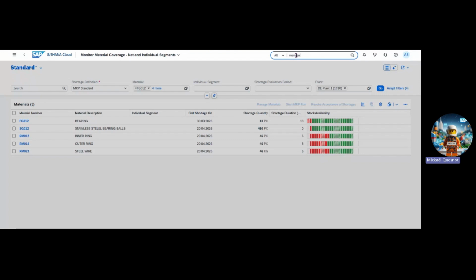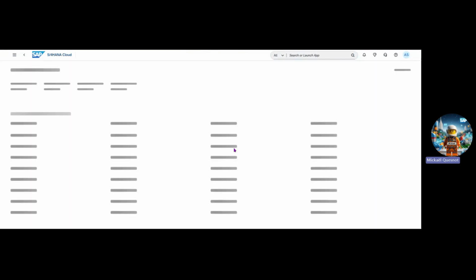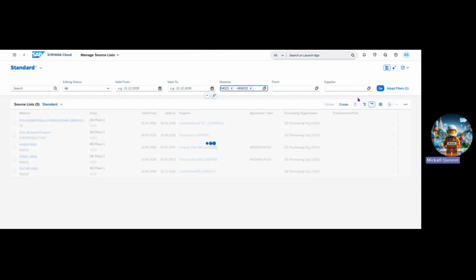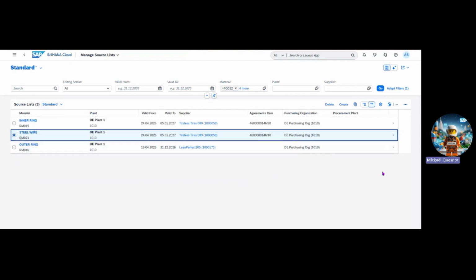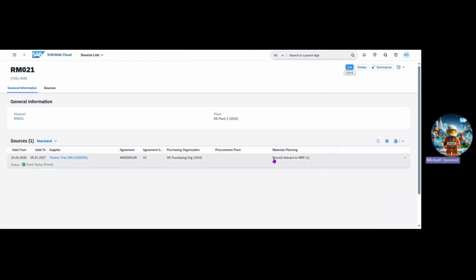So I go back because I want to be sure I manage source list. I just want to be sure that all the materials have got the indicator MRP run. I remember I've selected it for materials, but a double check is always sure. So I go inside, I display the detail. So that is this important record relevant to MRP. Okay, run. Okay, be careful. Valid from. So remember,